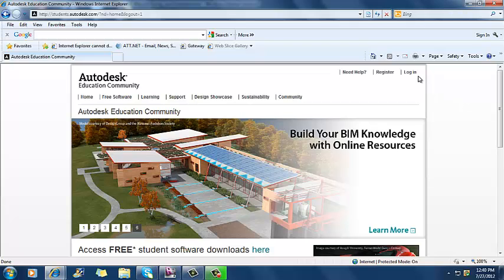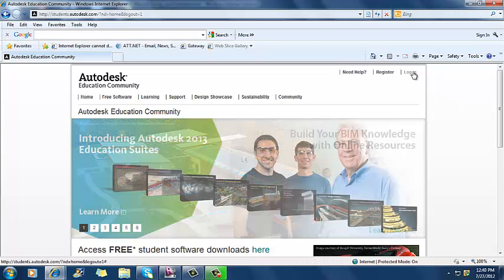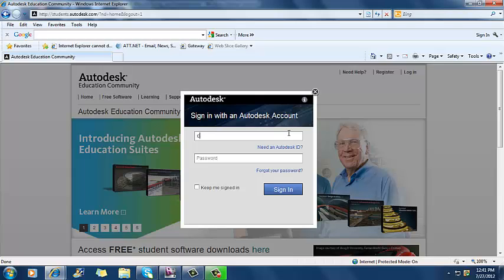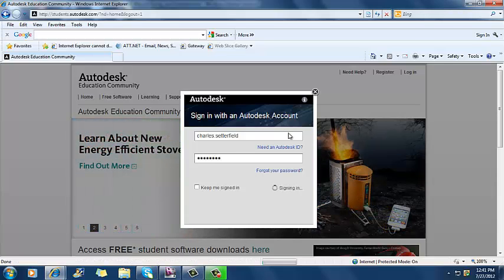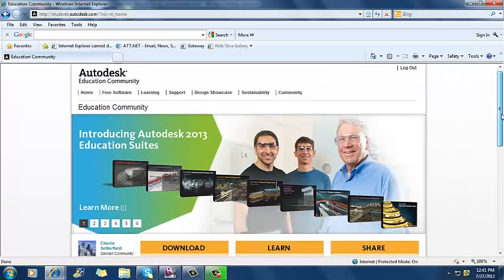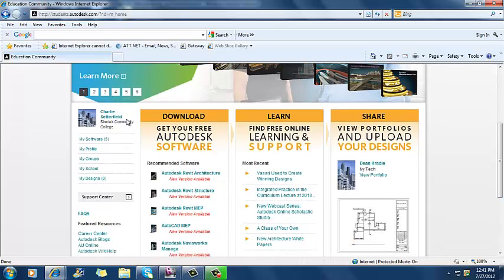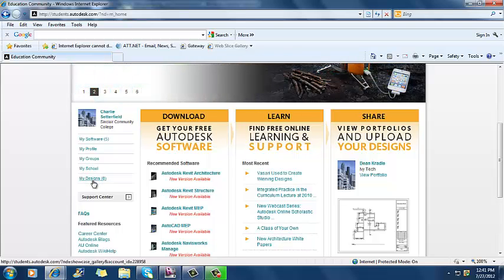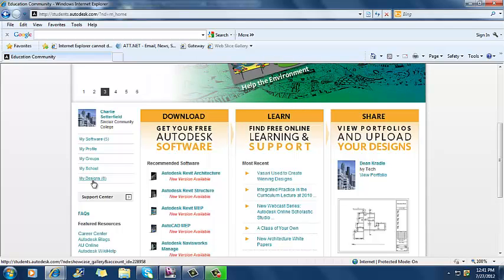So I'm going to go ahead and click login and just show you what I'm talking about real quick. So I click login and enter my information. Okay, so now I'm logged in, and let me scroll down here just a little bit and see it knows that I am here, and right underneath it, it keeps track of where I go to school. I can post designs if I want to, or if you want to have students post designs, you can certainly do that. Groups, profiles, all that kind of stuff, just kind of standard social media stuff going on here,